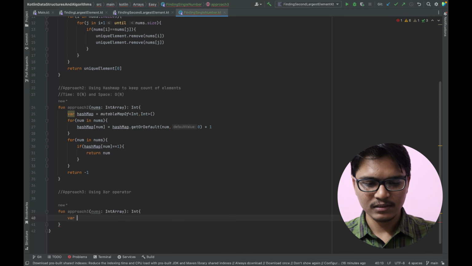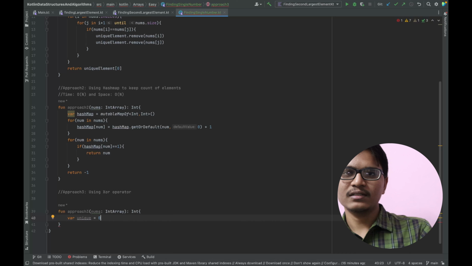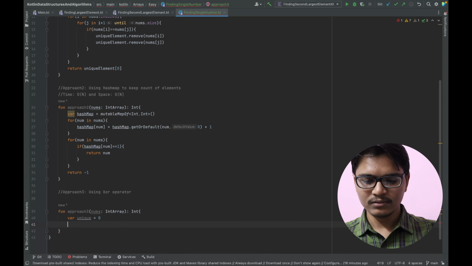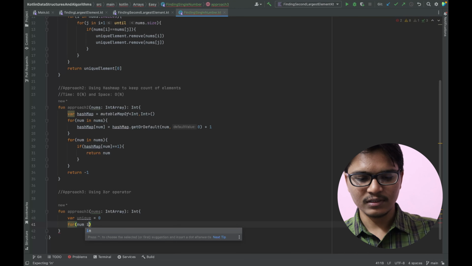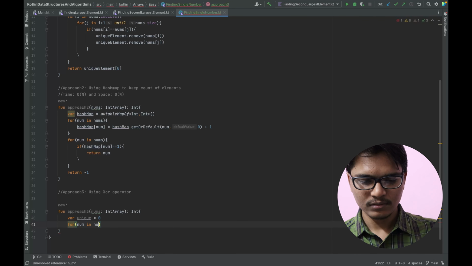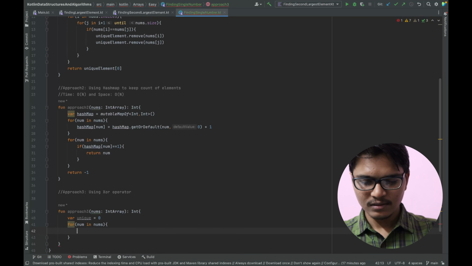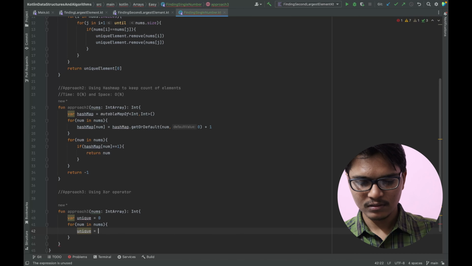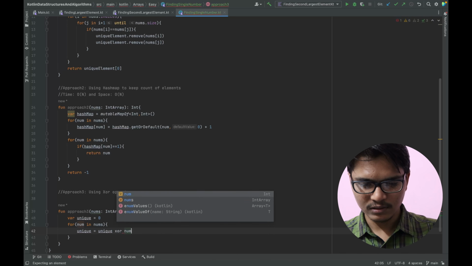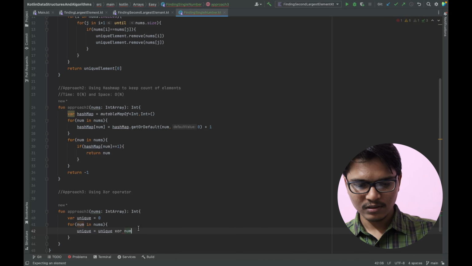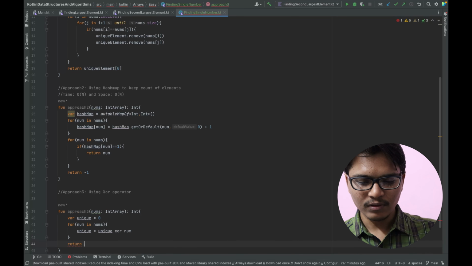Here let's take one variable as unique and initialize it to 0, and now let me traverse the input array and perform the XOR on each element, that is unique XOR num,